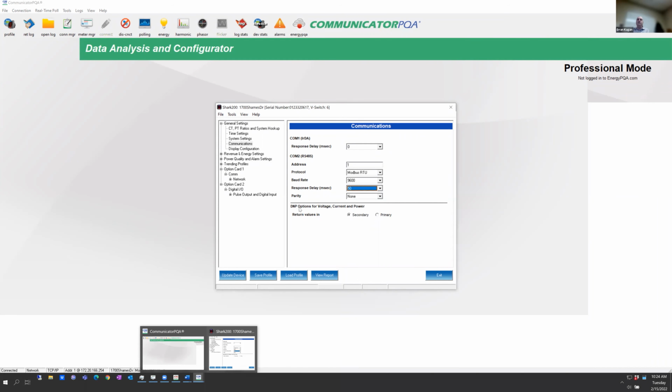Now you have a choice here. You can have your DNP options, voltage, current, and power in secondary, or you can have them in primary, and you can have the divisor here. Now we could spend the whole time talking about how to program the meter for DNP, how to program the meter for all this stuff. I'm not going to cover the details on the DNP in this webinar because it could occupy a lot of